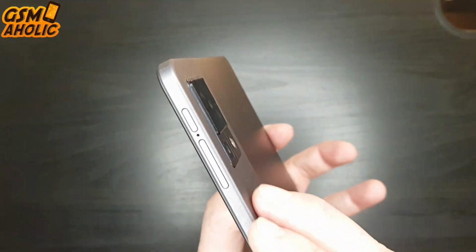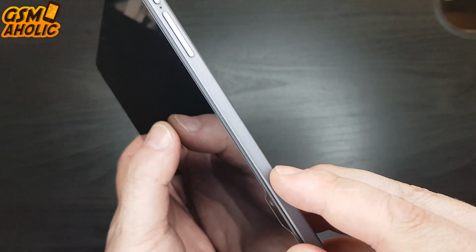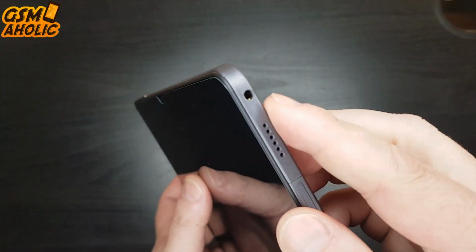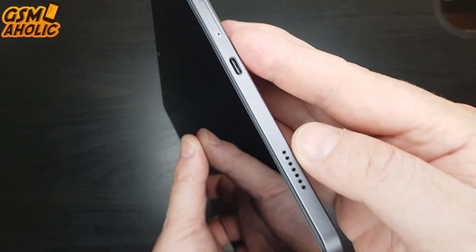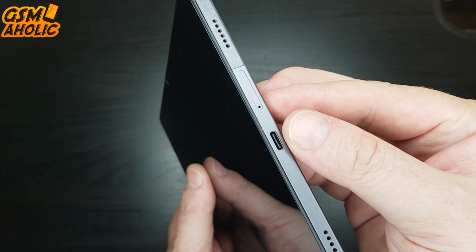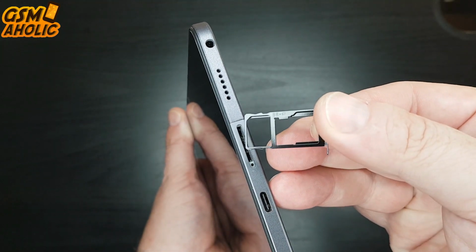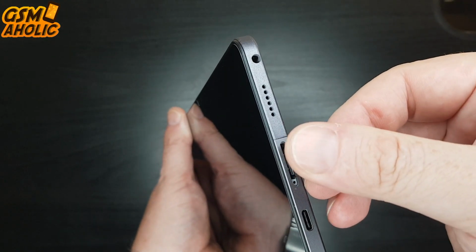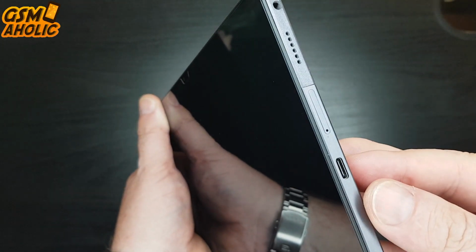Taking a closer look at the tablet layout, we find the power button, volume buttons, and a microphone hole on the upper side. On this side, there is a 3.5mm headphone jack, two speakers, a USB-C charging port, and a slot for either a microSD card or SIM card. The tablet supports two 4G nano SIM cards or one nano SIM plus a TF card slot with expandable storage of